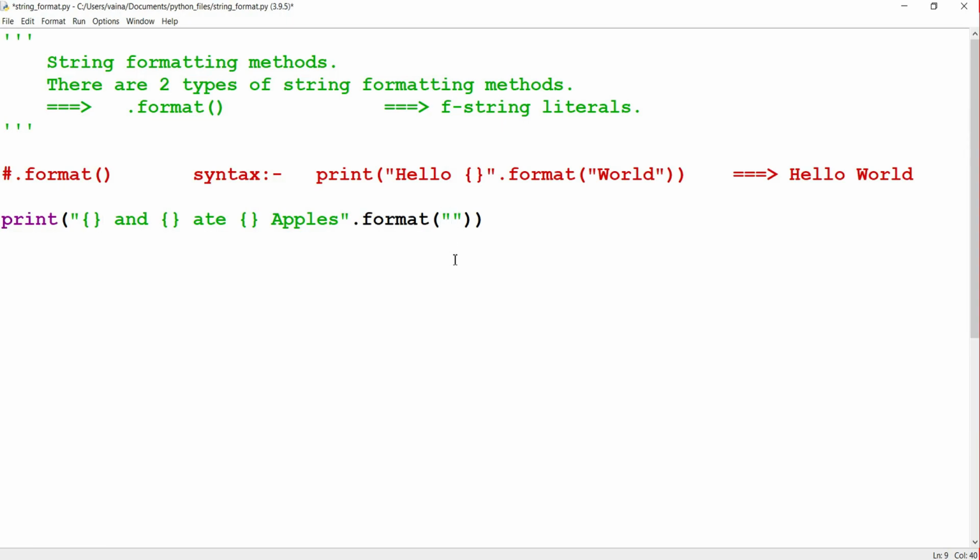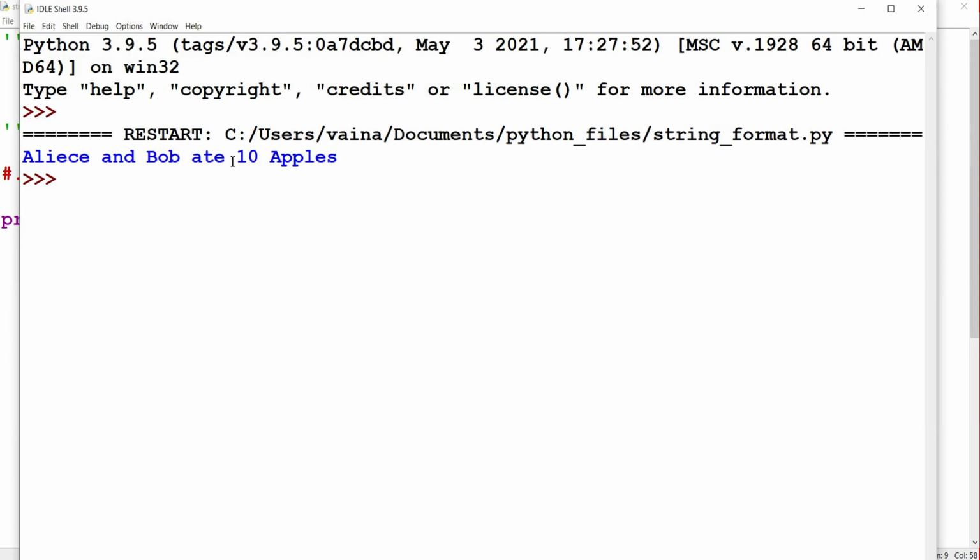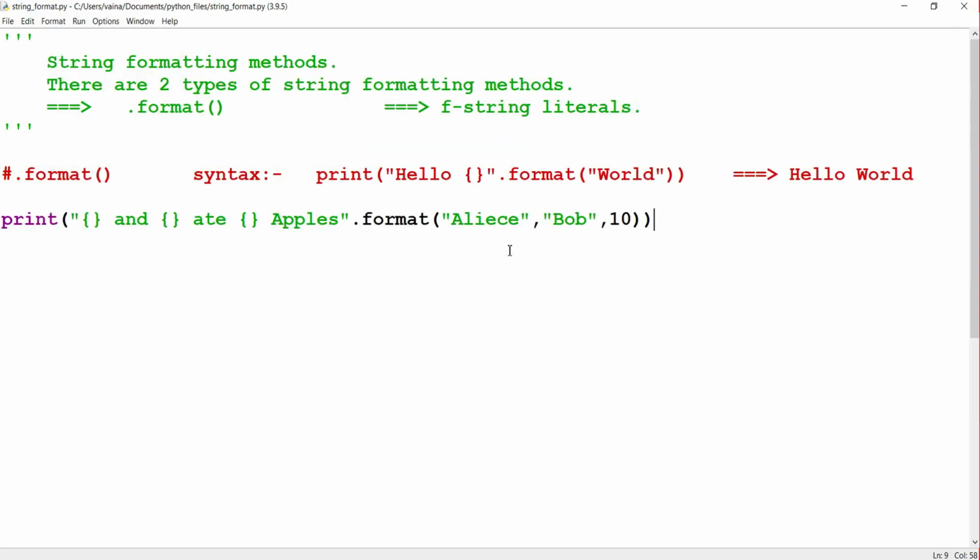So we pass Alice and Bob, and a numeric value like 10. When we run it, we get the output Alice and Bob ate 10 apples. The first argument is assigned to the first placeholder, the second one to the second placeholder, and the third, the integer 10, is assigned to the third position.